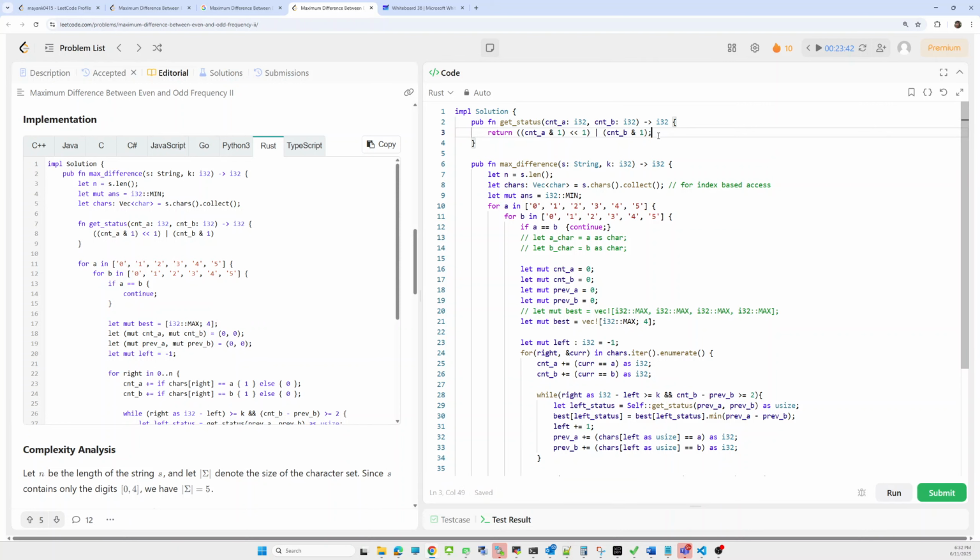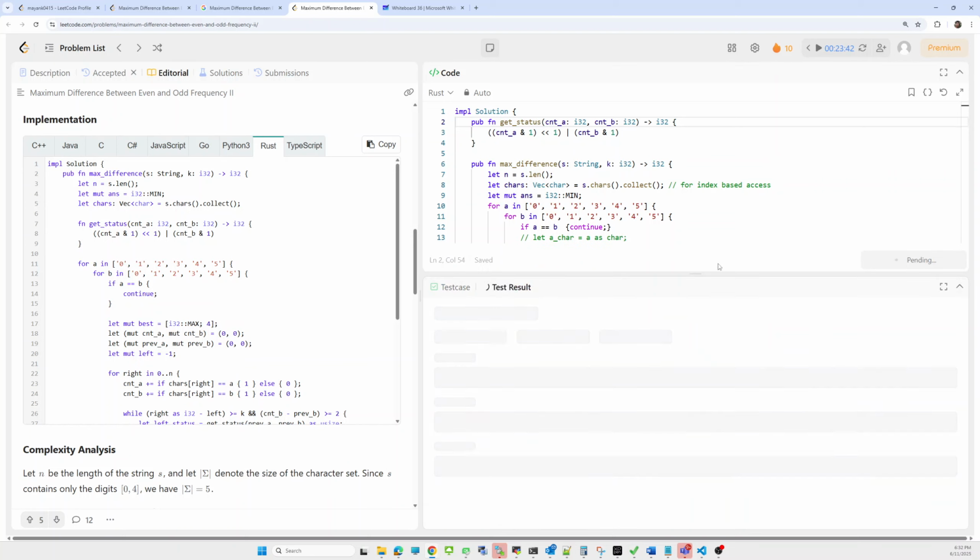There is one more concept in Rust: instead of returning from the function or from a block, suppose I want to return from a block, instead of writing return, I will just give it as this one. For this there are two things: one is a statement and one is an expression. If I am evaluating an expression, I don't need to give a semicolon at the end. It will directly return from this block. But it will return from the first one, let's say this one.